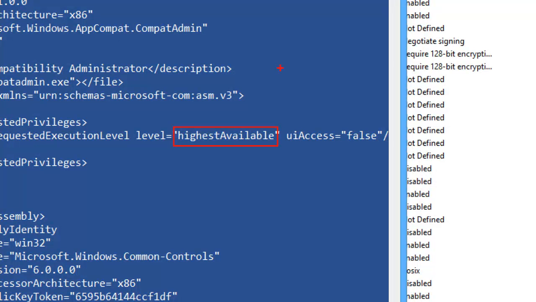There are other consequences of having a manifest, which are important to be aware of. When you have a manifest, you not only get to specify how you elevate, whether you do or don't, but the sheer presence of a manifest requesting elevation will turn off other application fixing behaviors of UAC. So things like file and registry virtualization go away as soon as you have a manifest. So if you're fixing an application which has an extraneous prompt by throwing a manifest in, you may break it in other ways.